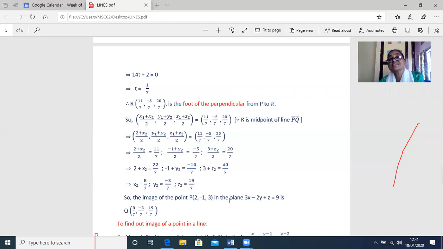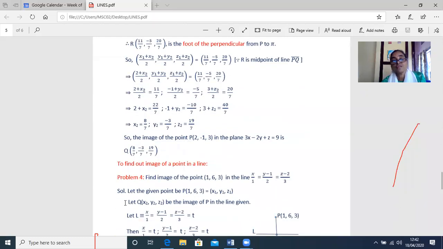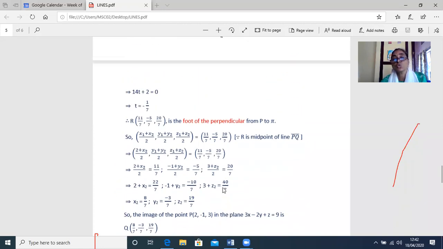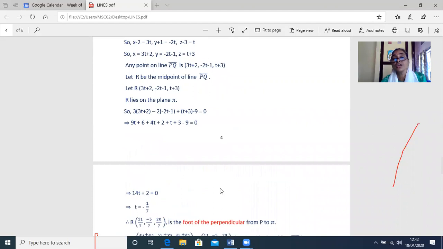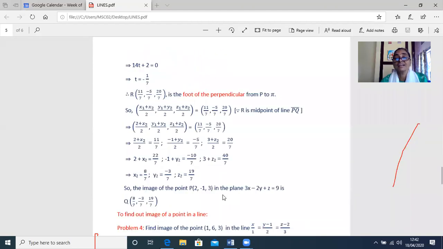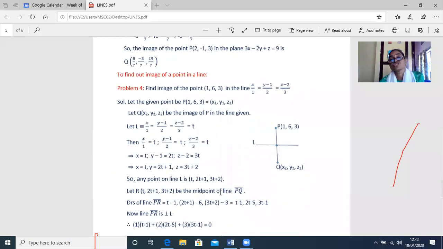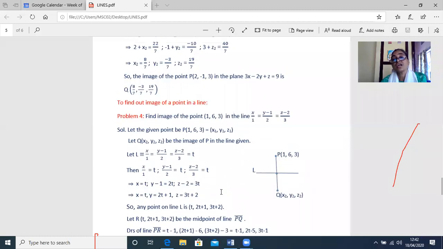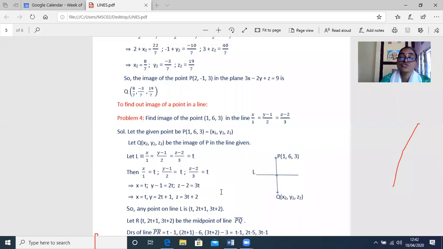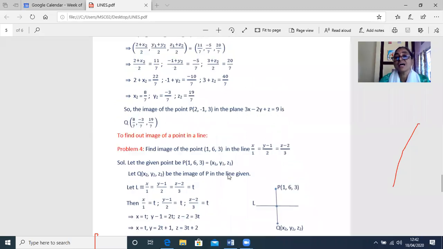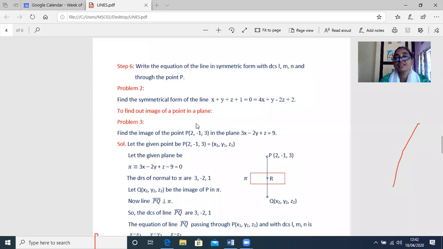I think it is clear to you, girls. Now please make sure that you revise once again. I will share this video and also the PDF document with you in your Google Classroom. Go through it and see the corresponding problems, relevant models in the textbook, girls. And you learned today how to transform the symmetrical line to unsymmetrical line, how to transform unsymmetrical to symmetrical line, then how to find the image of a point in a line, and how to find the image of a point in the plane.